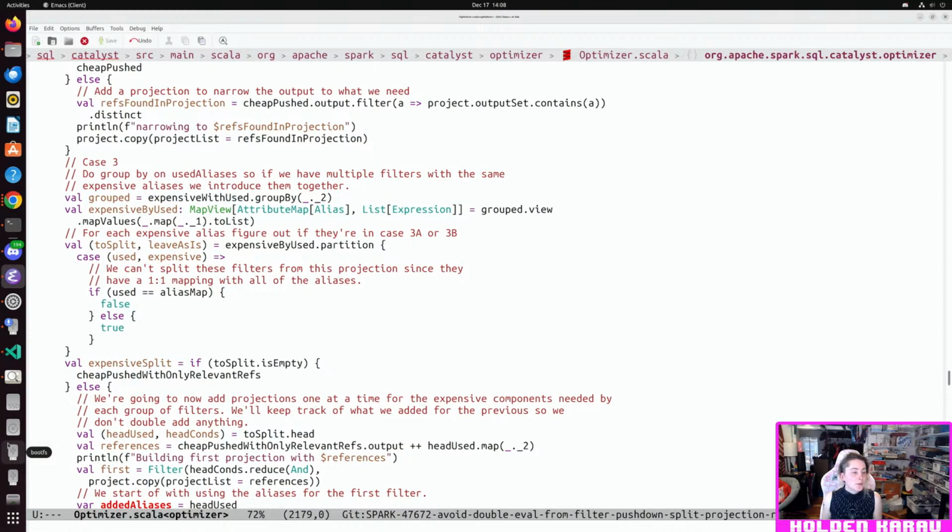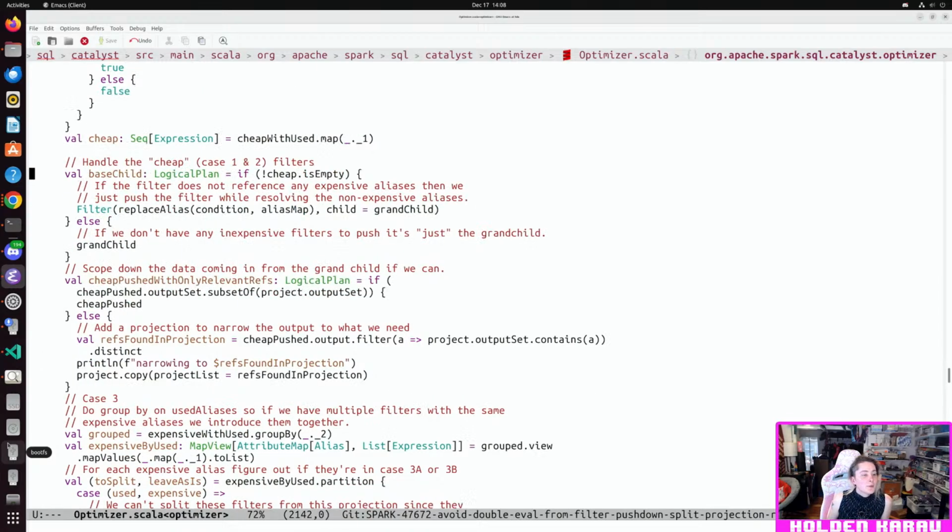If to split is empty, so we can't split it, okay, cheap push with only ref. If cheap is empty,